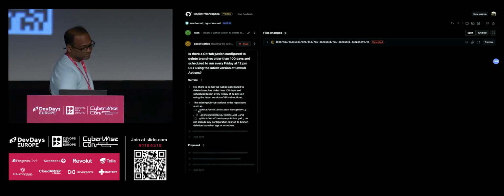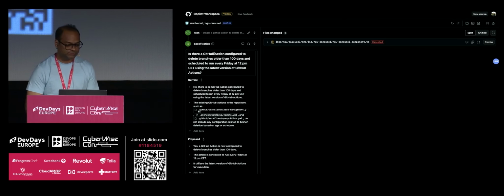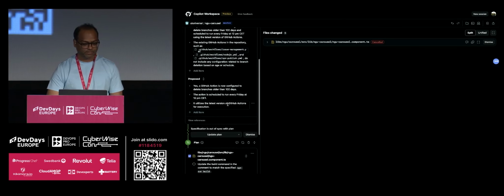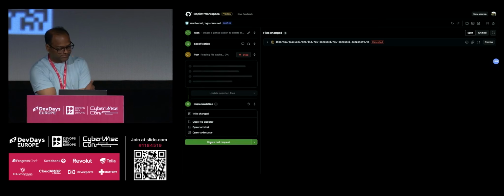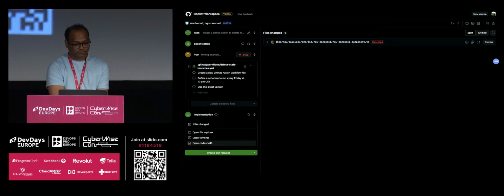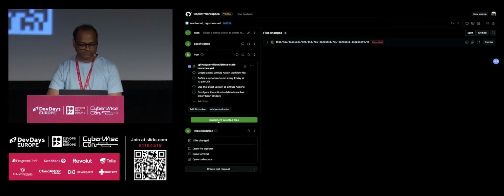It says no, there is no existing action. So it will propose the solution. It will propose that yes, a GitHub Action is now configured. So I'll say update the plan and update it. Now it should create a workflow file as well. Yep, it says a delete stale branch workflow is created. Now I can say implement selected.